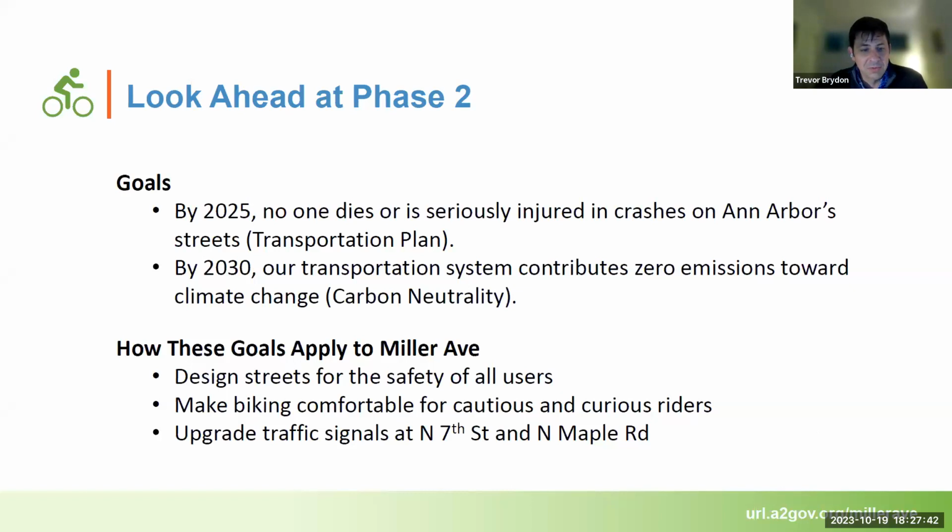One thing that is a part of a cycle track: since both cycle track lanes reside on one side of the street, it is difficult to transition from a cycle track to traditional side running lanes. And so any transition between cycle track and side running lanes needs to be handled very carefully. Part of the motivation for keeping a cycle track down Miller Avenue is to connect directly into the Miller-Catherine bikeway that is currently downtown, and not need to have people transition over to those side running lanes.